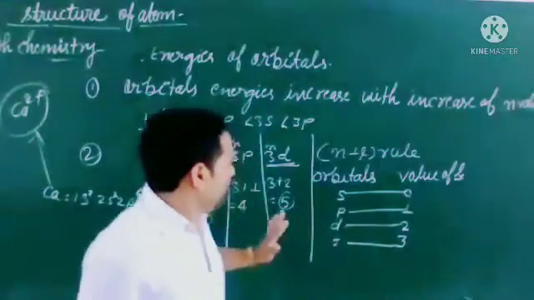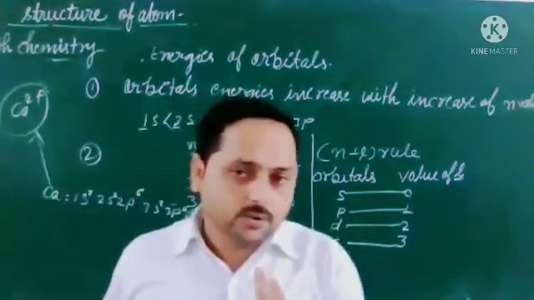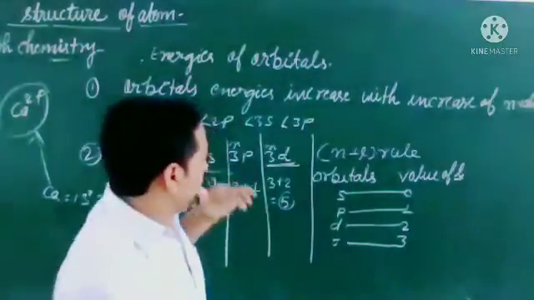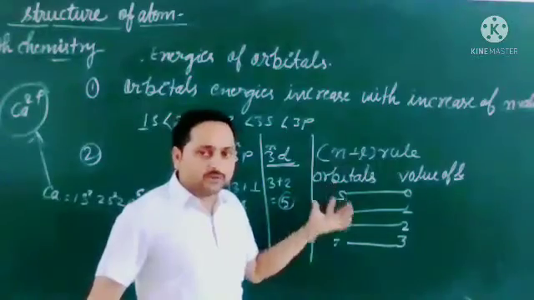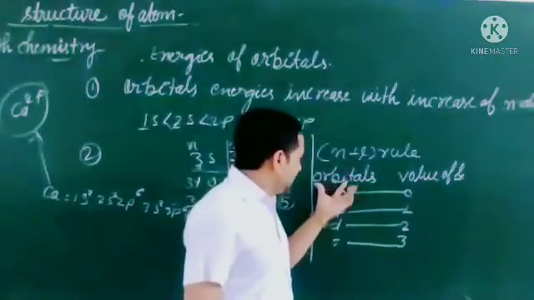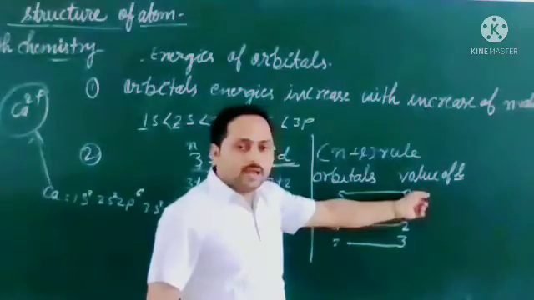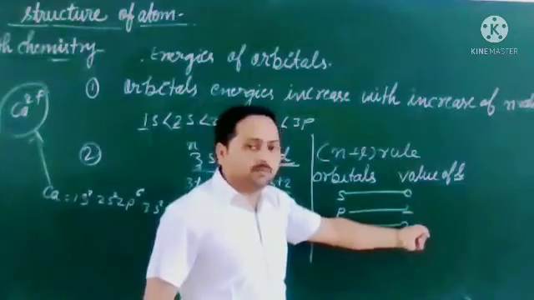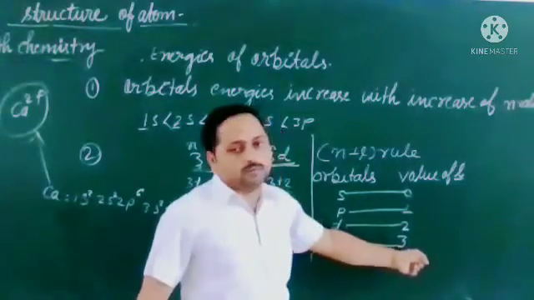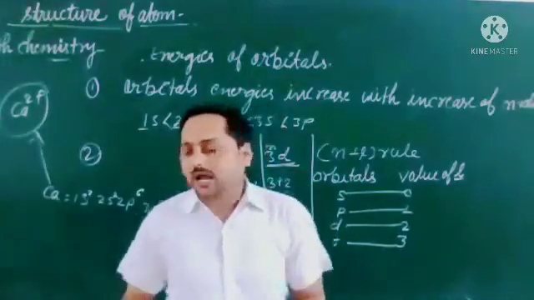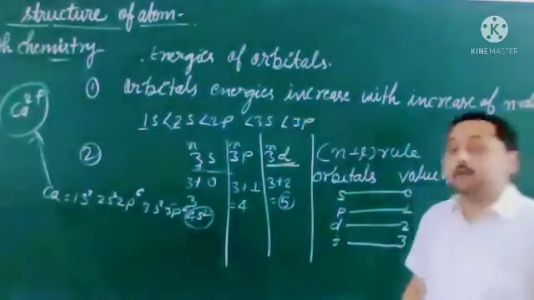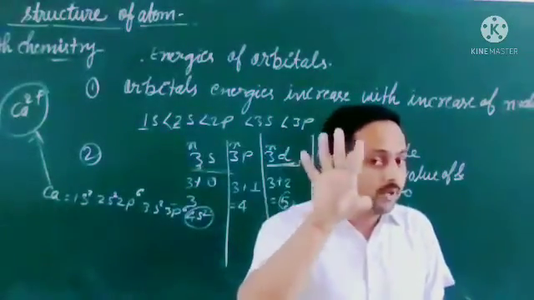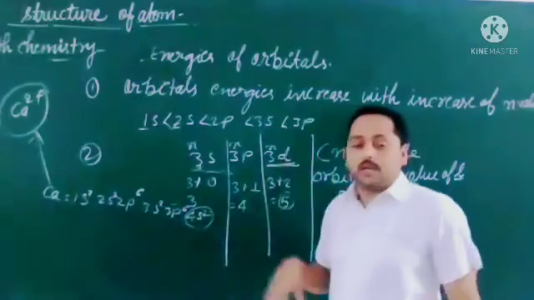So this we have discussed, and for the l values, we have not yet discussed the quantum numbers. After this we will discuss. For the time being I will put some values here. For an s orbital, the value of l will be 0, for a p orbital it will be 1, for a d orbital it will be 2, and for an f orbital it will be 3. Like this we can calculate the energy of different orbitals of the same shell.